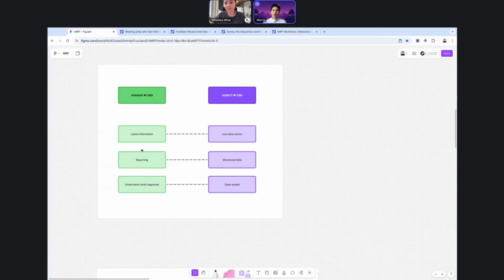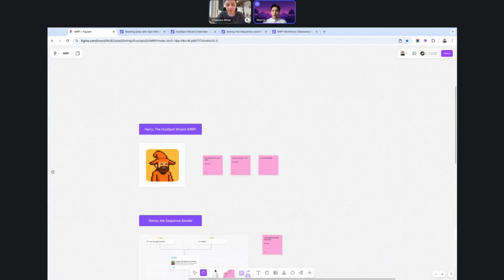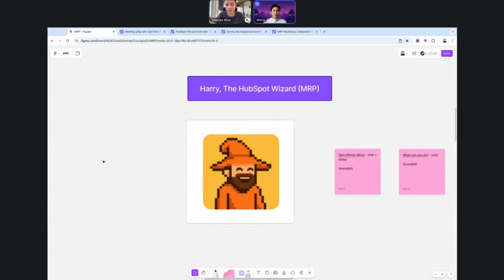They get to read it, interact with it, and amend it. Likewise, if the human comes in and adds something to the CRM, the agents can see it. This is a relationship that goes back and forth, and that bit will become quite important later as we show this demo.